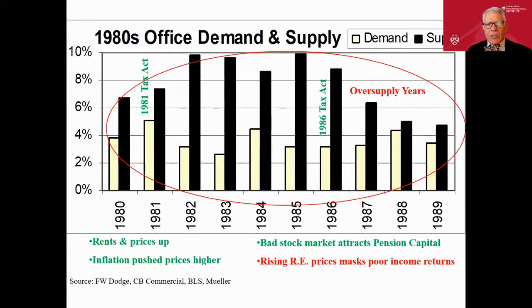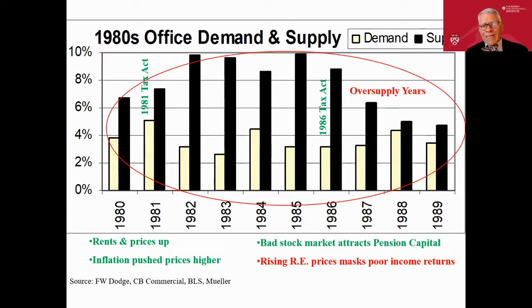In the 1980s, we saw supply averaging 7.7% a year over that entire decade. And two fun factoids about that. Number one, if you did compound growth on all those years of growth, we doubled the amount of office space in the United States in one decade. And 80% of that new construction was in the suburbs. So we literally created the suburban office markets around the US in the 1980s because people were tired of commuting to downtown, which is pretty incredible.